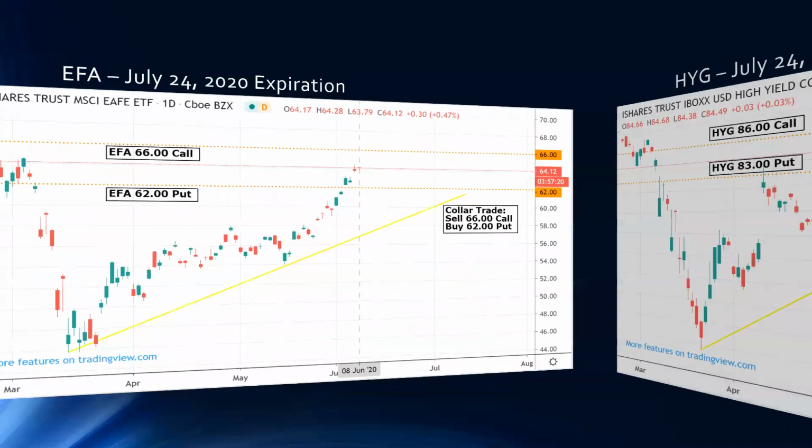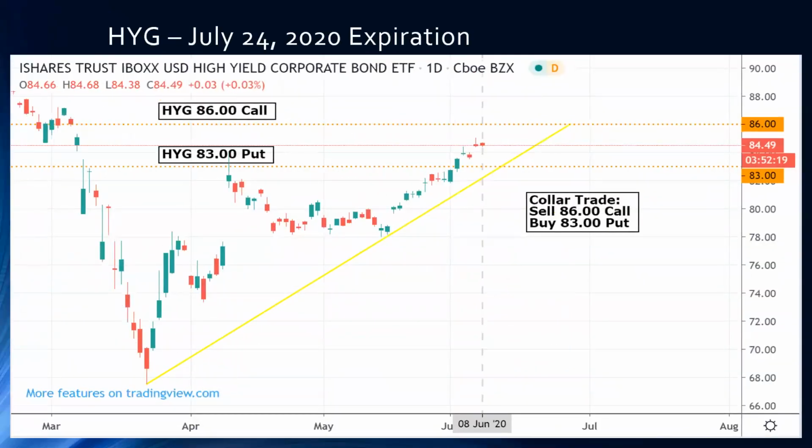Okay, now we're going to go to the HYG. Okay, HYG, iShares iBoxx High Yield Corporate Bond. Now this is something where we're going to talk about the interest rate market. I started out trading sugar and the 30-year bond when I was a lot younger. It was the first two markets that I traded in the futures markets. And the interest rate markets I love because they're very tight. Typically, well, they used to be, especially some of your shorter term rates.